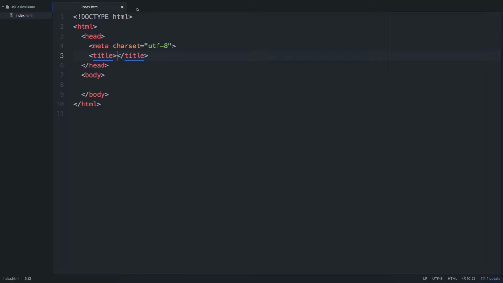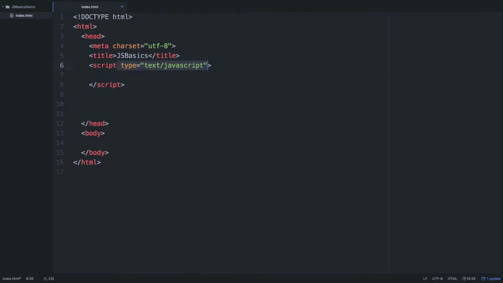All right, we're gonna call this JS Basics, and here, the head is where you want to put your JavaScript, right? So there's a few ways you can put JavaScript in your HTML files. You can either put it directly in here, or you can create another file to link to it. If you want to put it directly in here, you just need to make a script tag and put the JavaScript in between the script tag.